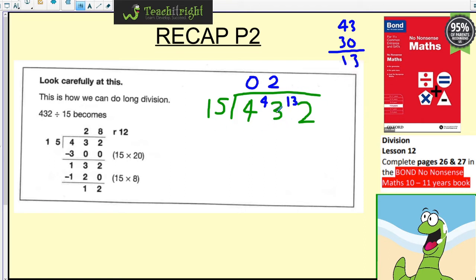So we now have 15 going into 132. Now, the 15 times table is not something you might practice an awful lot, and that's absolutely fine if you don't. But if you can practice your higher times tables, brilliant. And if you can't, don't be afraid to just simply list out your times tables. So if I couldn't work out how many 15s go into 132, you could literally just write down